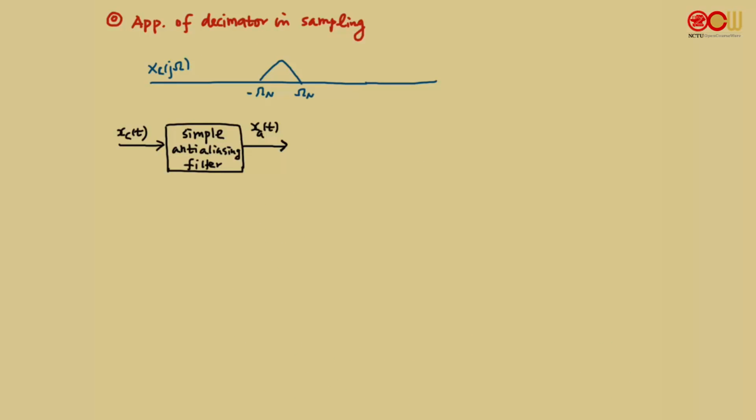Suppose our x_c contains some desired signal. The desired signal has cutoff frequency around omega n, and this is the desired part. But it also contains some unwanted noise, and the unwanted noise is high frequency noise. So this is what x_c looks like in the frequency domain. This is noise. Now the idea here is we use a simple anti-aliasing filter here, H_AA(j omega),